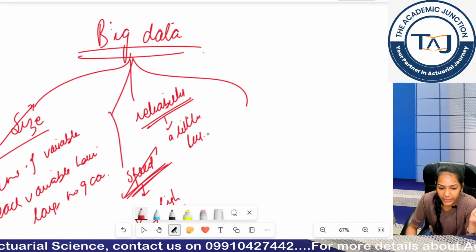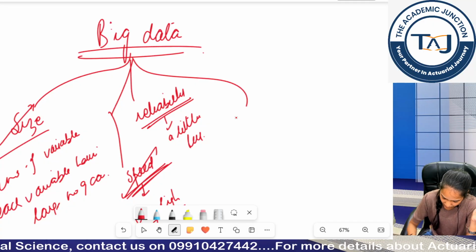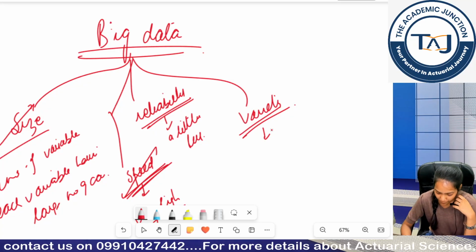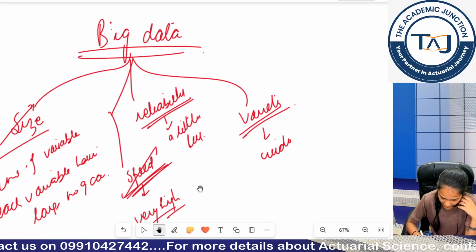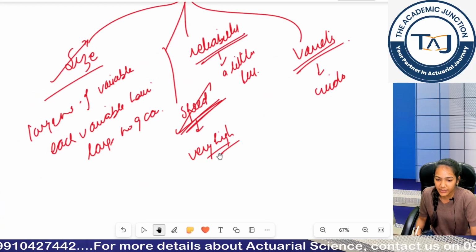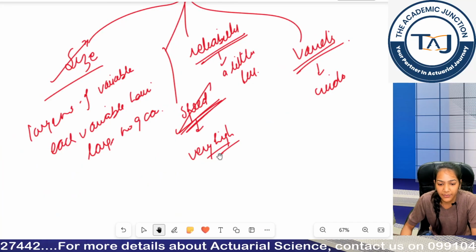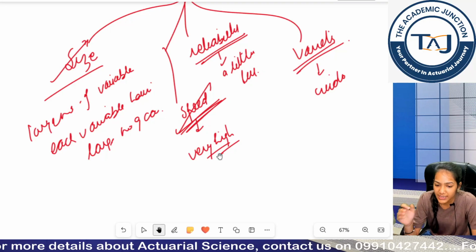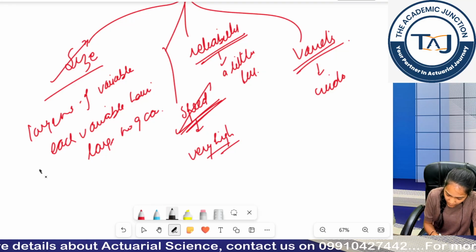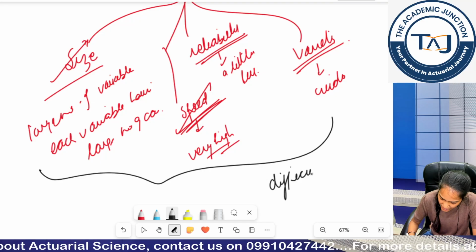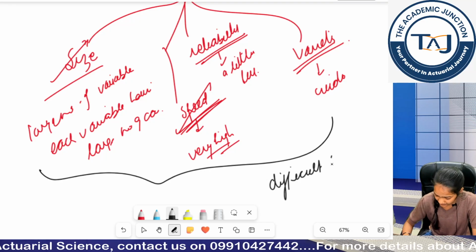rather than traditional data. If I come to the last, variety, the variety can be wide. Again, because of the size of the data, we can have various formats in which data is present to us. That is why we can have a large variety, a wide variety. So, these are the 4 basic features that big data needs, and because of these features, it is difficult to use the traditional approach of analysis.